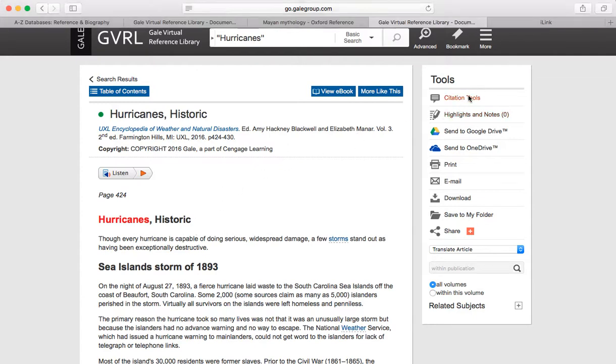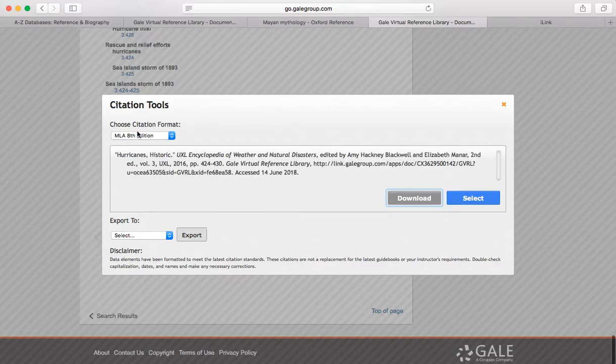The other thing we have are citation tools, and in Gale Virtual Reference Library, it goes directly to MLA 8, which we'll be using in this course, and you can copy and paste that into your paper. However, we will be talking about this. These database-provided citations are not always correct, and you must reformat them or fix them if they're not correct. You can't just depend on the database, because